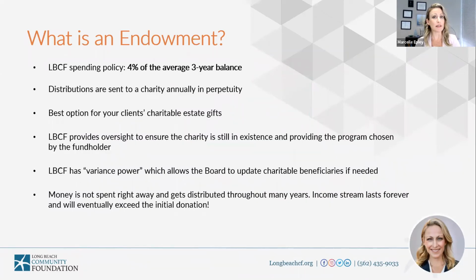And so our spending policy, in alignment with many others throughout the nation, is we spend 4%, because in years past with family foundations it's 4% or 5%, and 5% is required of family foundations. You must spend 5%. But as we've seen over the years and decades, 5% is not sustainable. You continue to spend that, you could very well eat into that principal balance or corpus. And the goal of an endowment is to freeze that and not invade it.